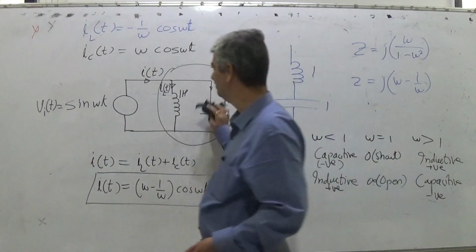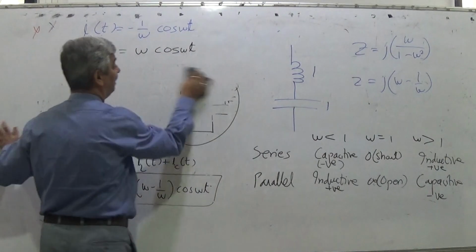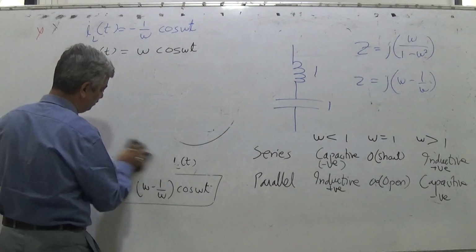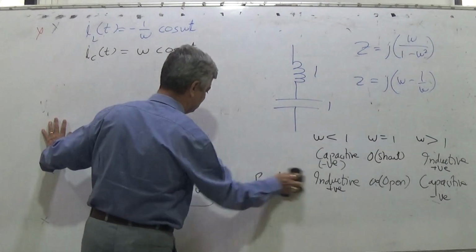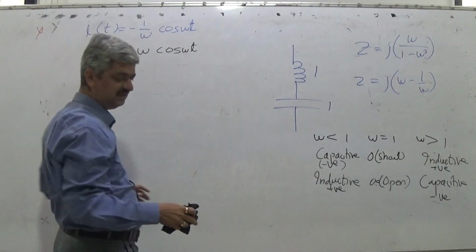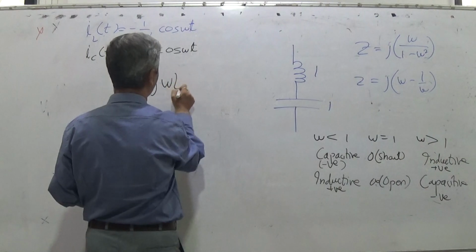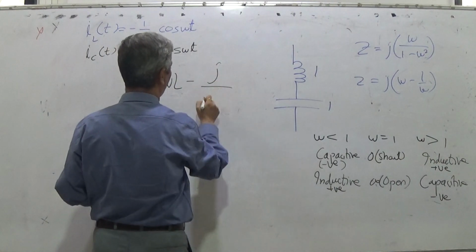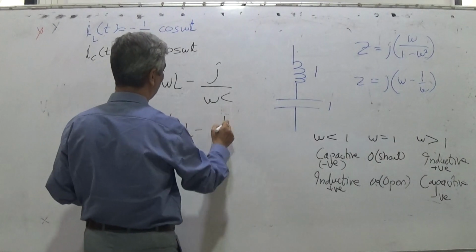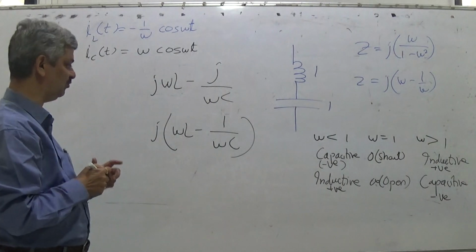So in general, this is for L equal to 1 and C equal to 1 that we have taken. But now these two need not be 1 and 1. So we can have it as L and C in general terms. If we take general terms, what is this impedance? It is j omega L minus j upon omega C. This is equal to j into bracket omega L minus 1 upon omega C.